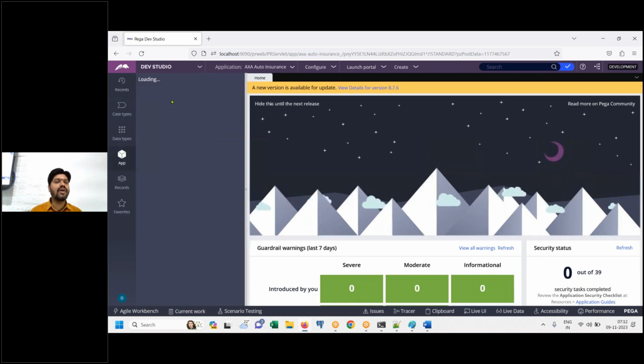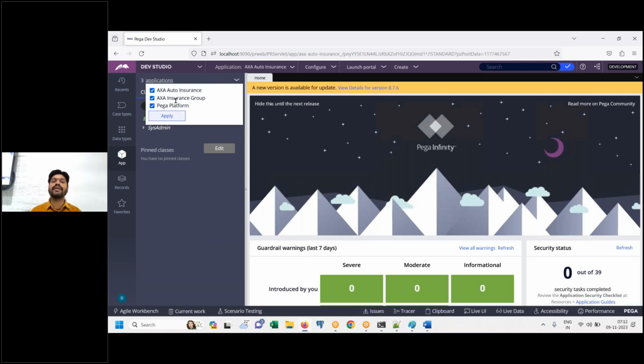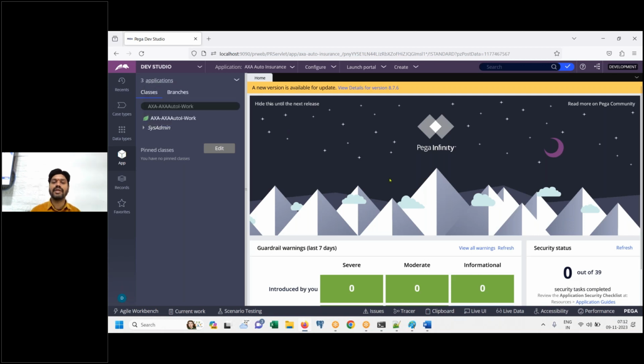After you log in, yesterday I showed you, you click on the applications and you will see this application is built on AXA Insurance Group, which is built on the Pega platform. But where is the relationship defined among these three? Exactly where is the connection point? That's what I am asking you. Then you need to find that out. I will show you that now.